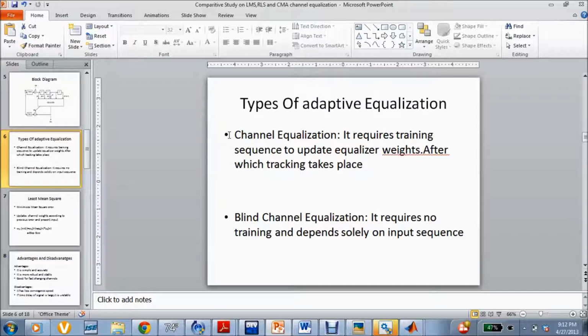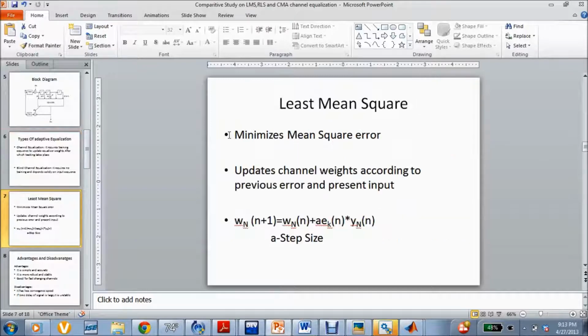The second type of adaptive equalization is blind channel equalization. The specialty of this equalization is that it requires no training from the transmitter and it depends totally on the input sequence and estimates the channel from it. There are a lot of positive sides and also downsides to this type of equalization, which we'll be seeing in the following slides. First, let's see the first type of algorithm, which comes under the category of traditional channel